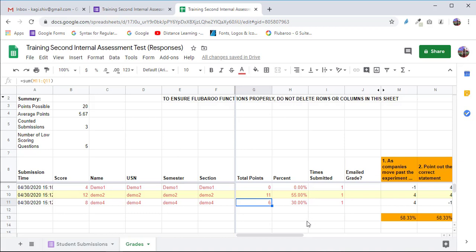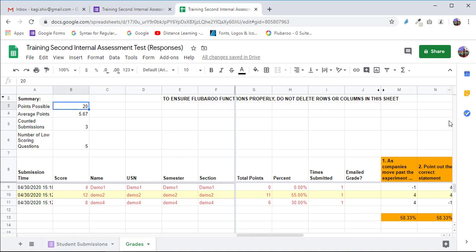So this is how it is done. These are the actual scores before we deduct negative marks, and this is after negative marks, and you can check it in the form of percentile also, and here you can see the summary also.